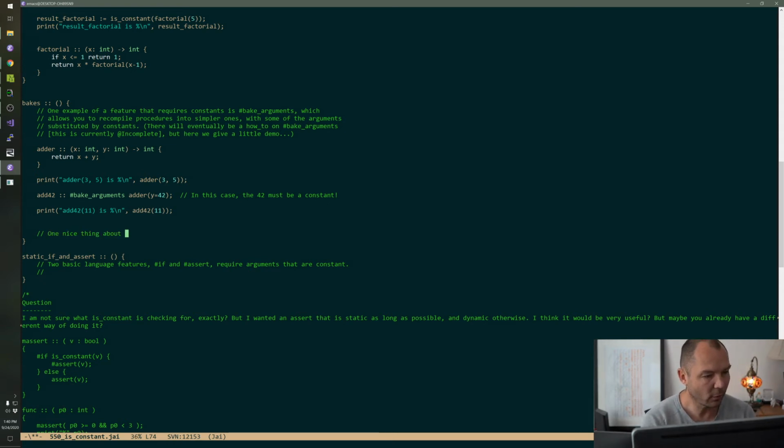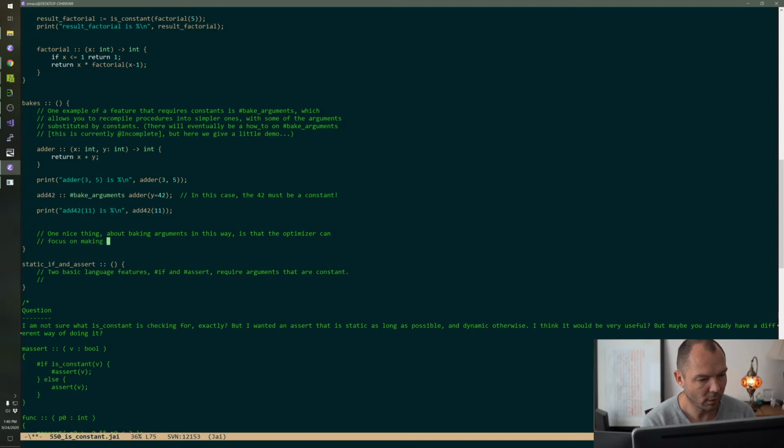One nice thing about baking arguments in this way is that the optimizer can focus on making the body of add 42 fast, without worrying about it being inlined.